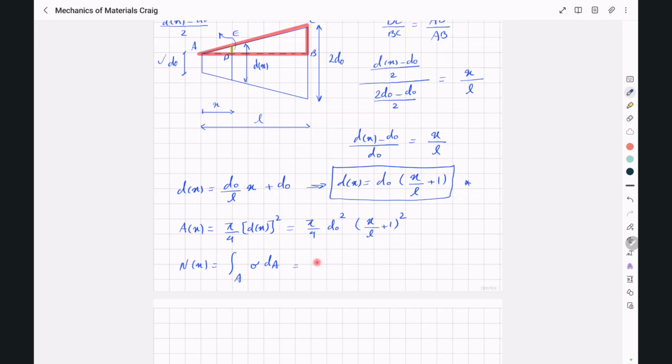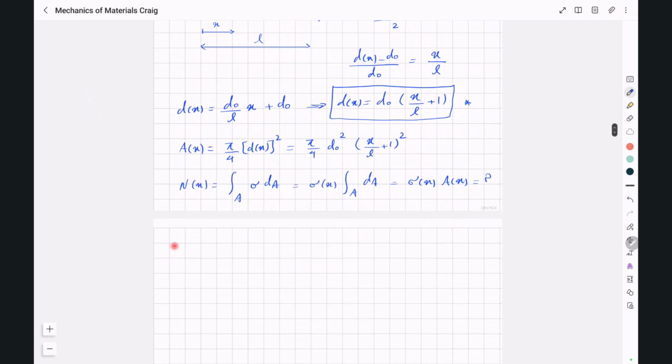So sigma x, the integral of dA, and this will be our Ax. So we can substitute Nx with its value, which is P, and then simplify the whole integral as sigma x Ax is equal to P. So P is equal to sigma x Ax,